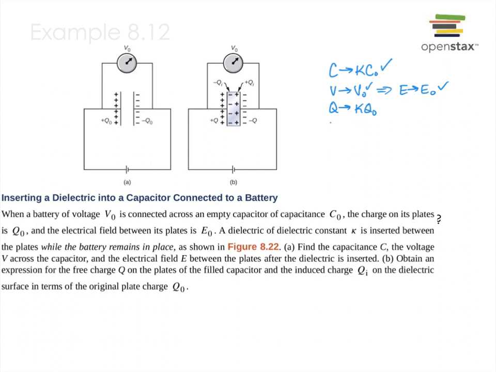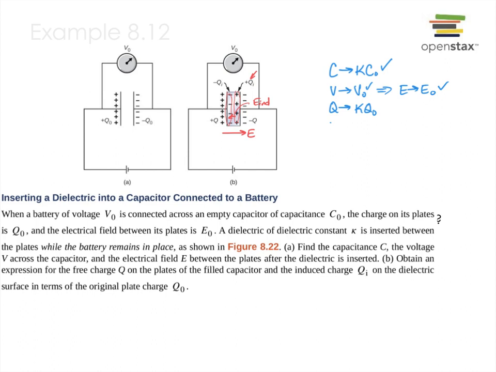Now, what they want to talk about is what is happening in the dielectric when we put it in that causes the additional charge to accumulate. Remember that because the dielectric has polar molecules in it, there's this original electric field, but then we also have this induced electric field because of the polar molecules that arrange themselves according to that electric field, which gives this sort of surface charge on the two sides of the dielectric, and we're going to call those the induced charge. And so that actually overall lessens the electric field, but